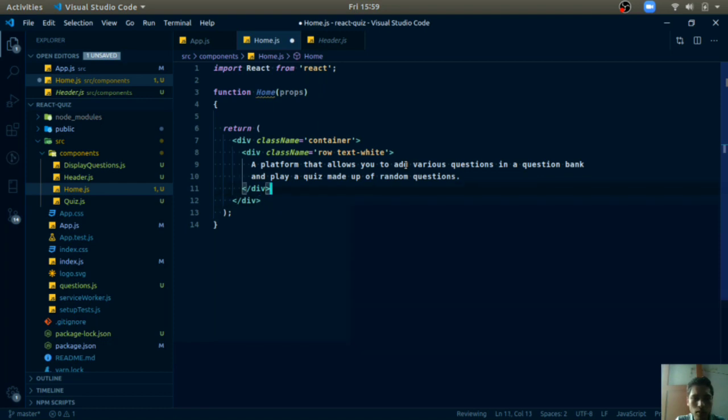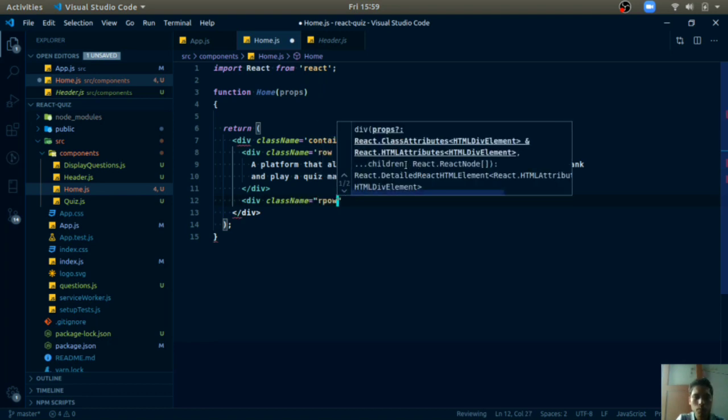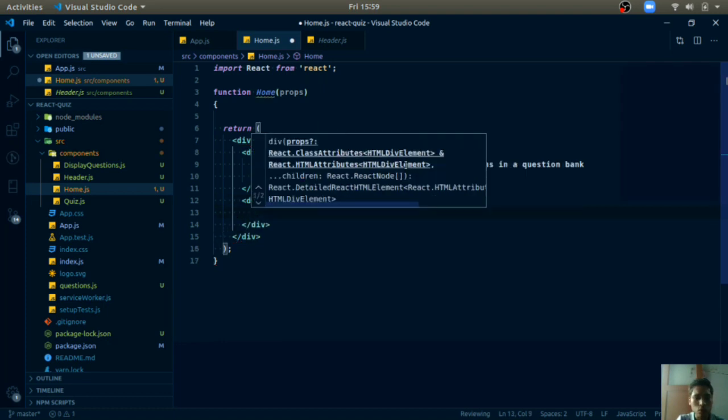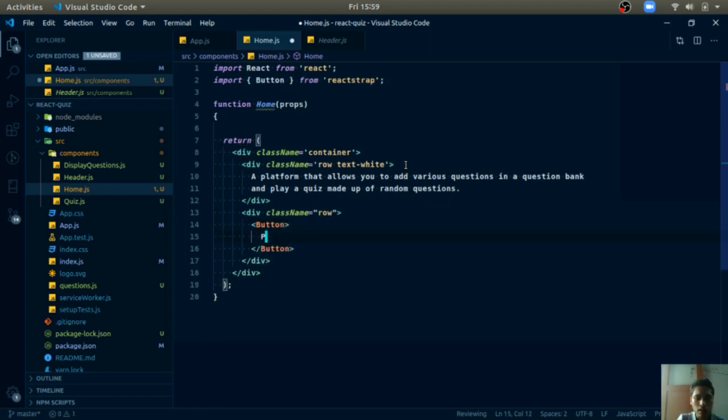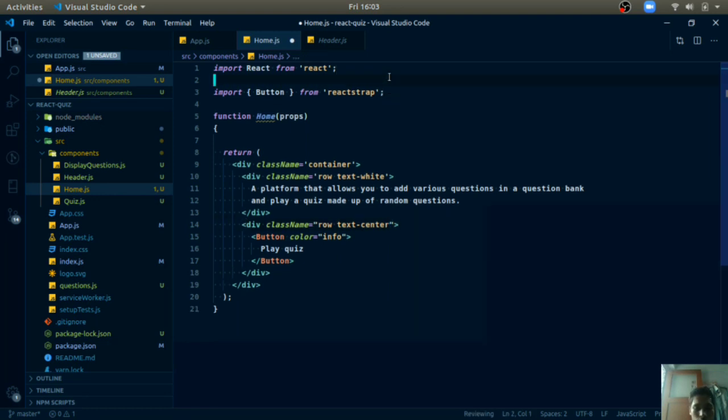So below this just create another div className equals row, and here you can place a Bootstrap button. So just write button, inside that write this, and you can color it as info. We can use the text-center class to center this, and just include one more thing, import Link from react-router-dom.